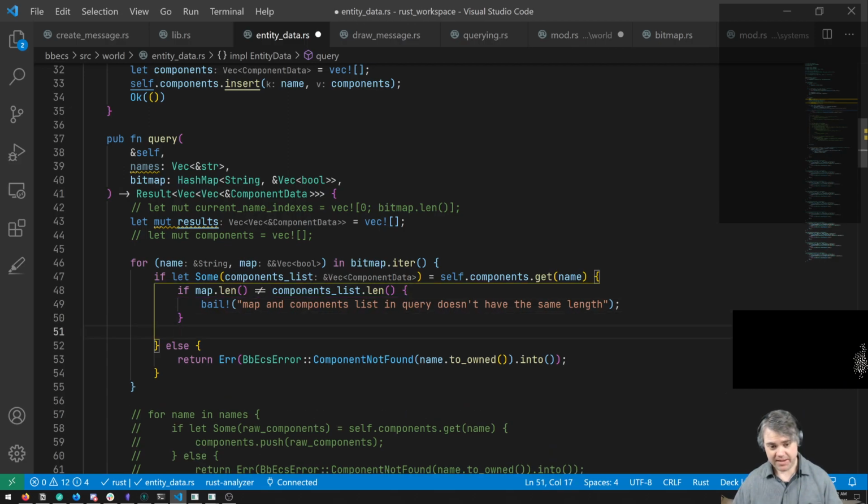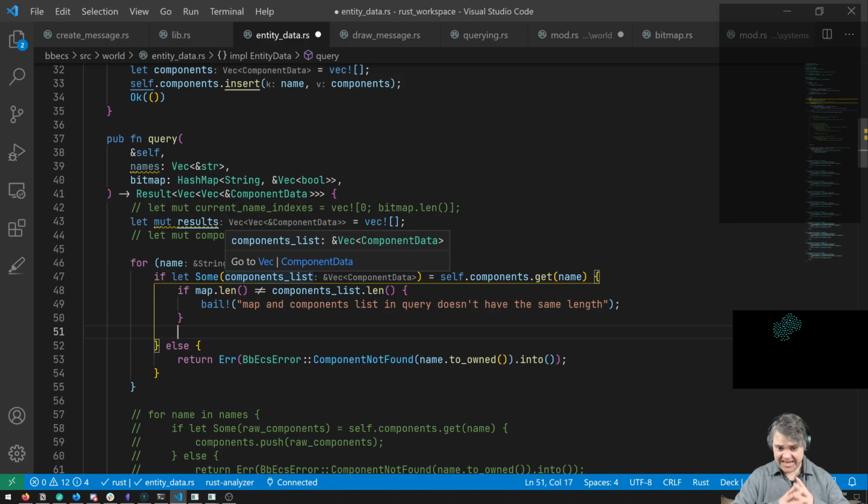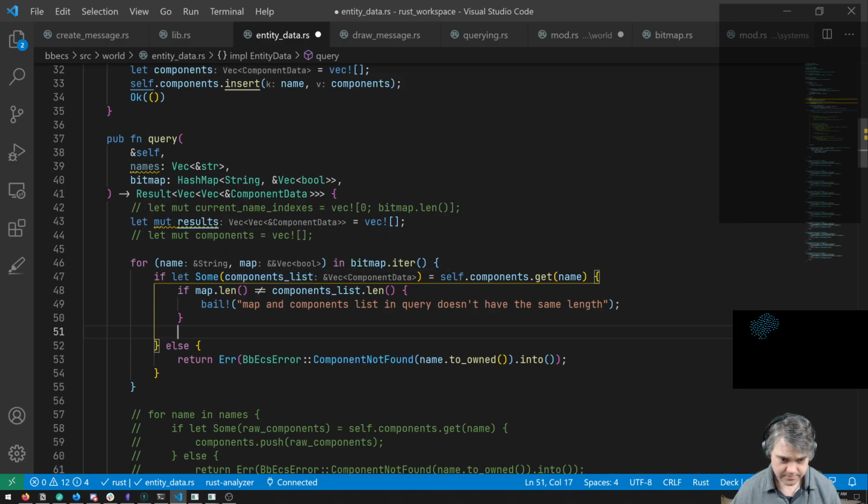All right, but if we get past that guard, then, okay, we have to map that length. So they're the exact same length now. We know that. Our components list now, we want to loop through the components list.